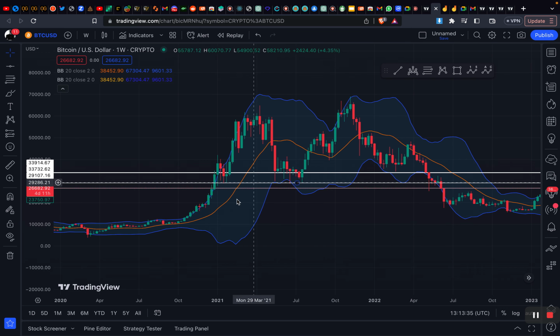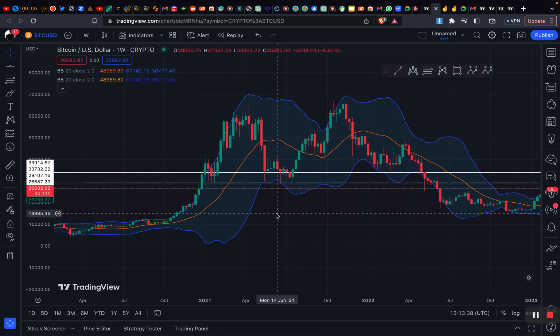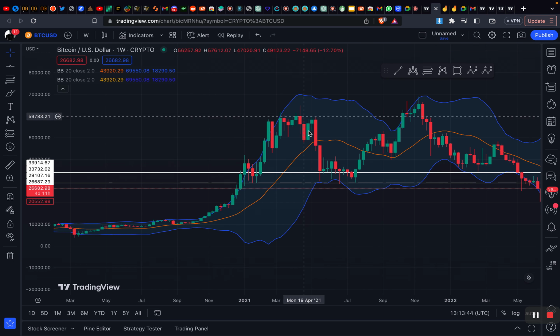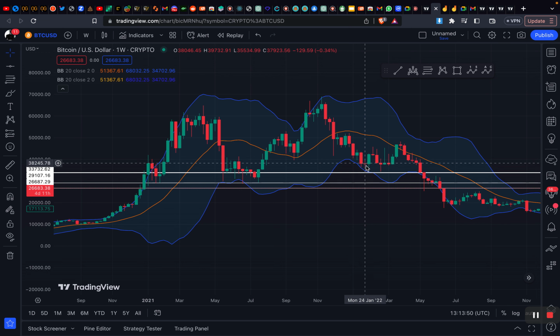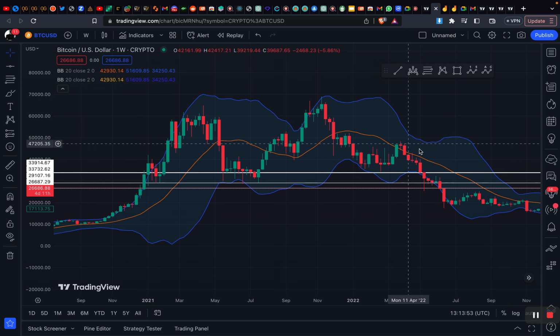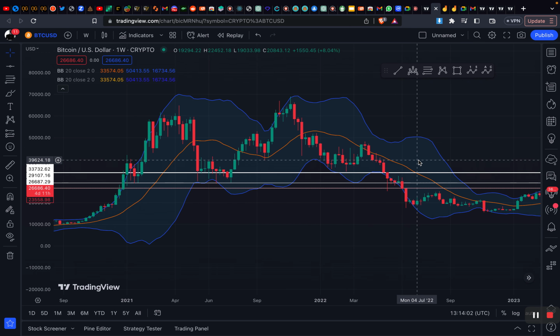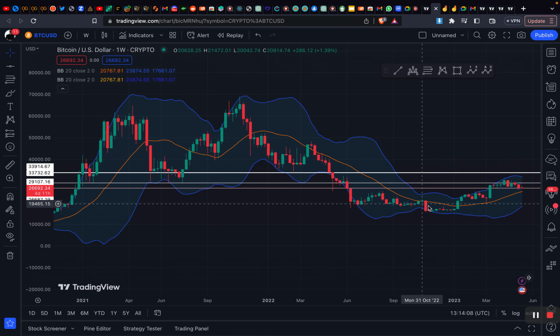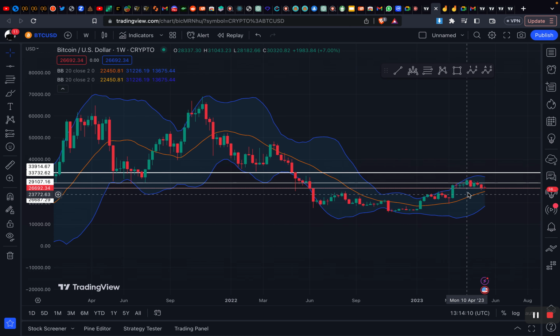Now, from these three lines, notice that the chart moves to the top of the Bollinger Band, then moves to the bottom, and moves again to the top, and again to the bottom. It tried to move to the top of the Bollinger Band here, but there was so much resistance coming from this middle line and it moved to the bottom. Once it moved to the bottom, you can see that it has gotten to the top of this Bollinger Band and it's looking at a way to possibly move to the bottom again,